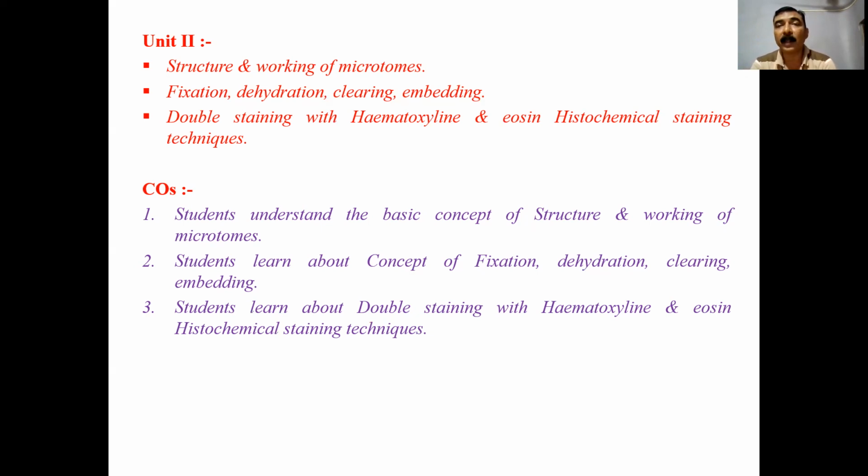Embedding is done by paraffin wax. This paraffin wax is specially made for the microtechnique. It is not a general wax, having a melting point of 60 to 62 degrees centigrade. So we have to maintain the oven, and in the oven we have to keep the molten paraffin overnight and then put the tissue into the molten paraffin for embedding. So particular timings are given for embedding purposes.